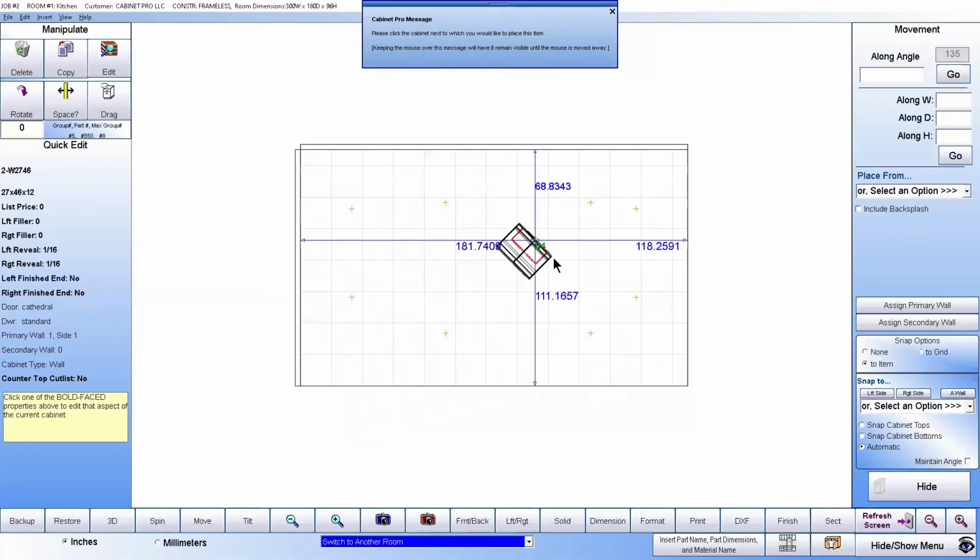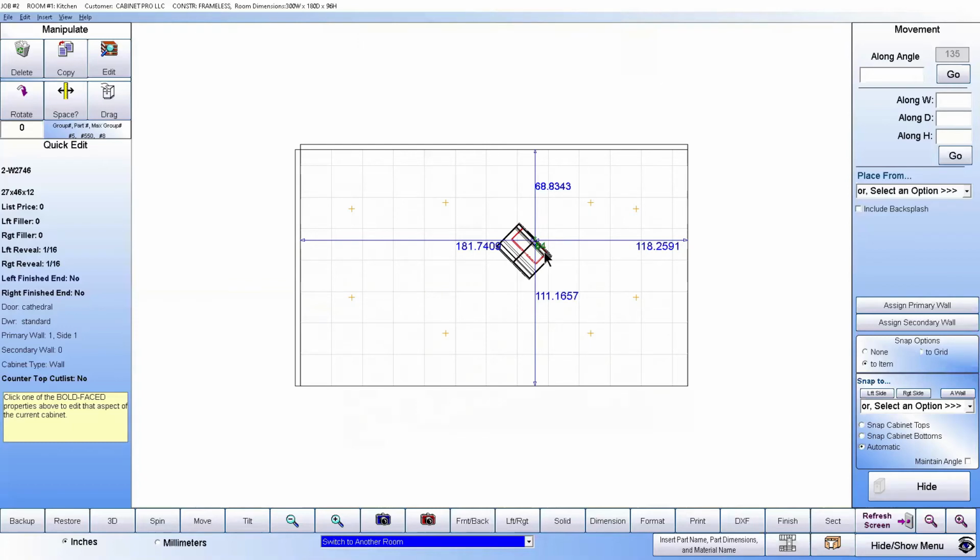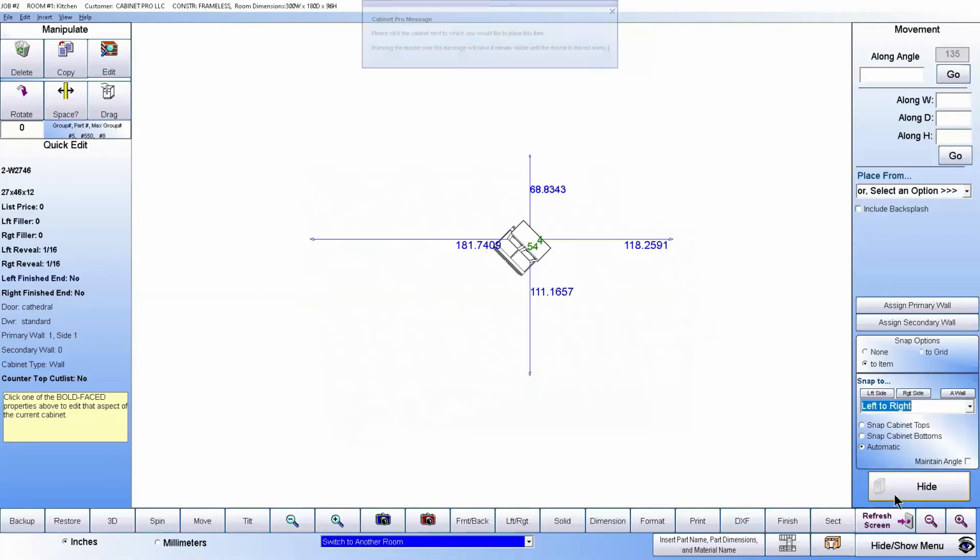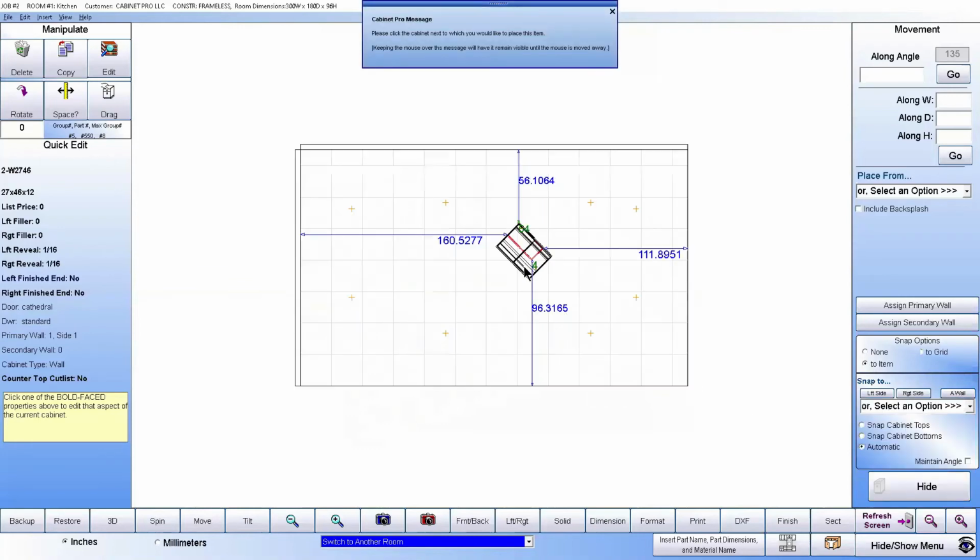Notice the rears of those cabinets are lined up and it's centered along the width of that cabinet. If you want to have left to right, what does that mean? If I click that and then select this cabinet,